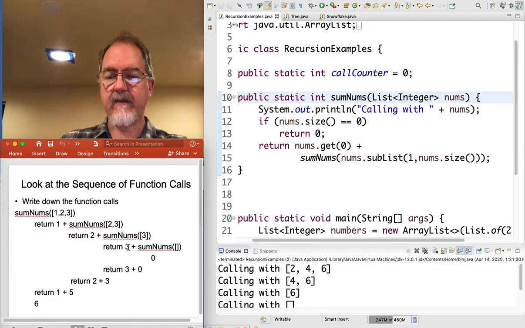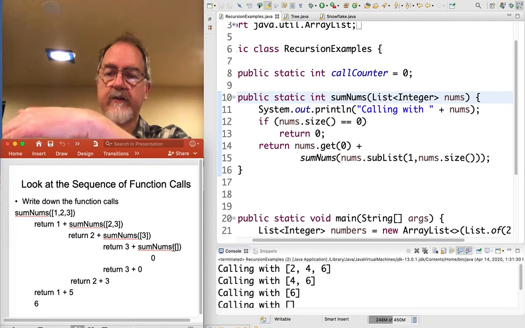When I know that, that means that I know what this expression here is worth. This is worth 3. So this whole statement is worth 2 plus 3, which is 5, which means I can evaluate what this thing is worth. So this thing is worth 5, and 1 plus 5 is 6, and so this whole call here turns into a 6. But notice it only found out after going all the way down multiple calls to the base case,